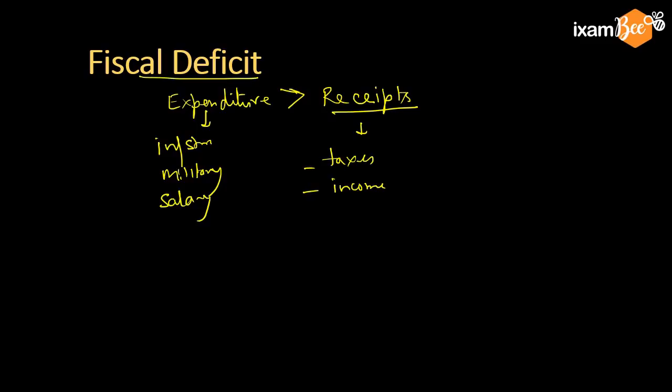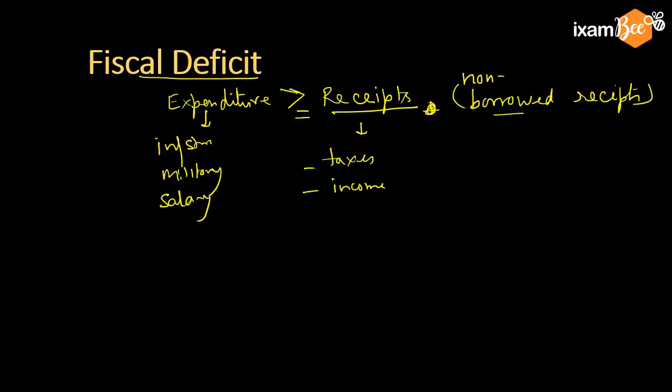But which receipts? Excluding borrowed receipts, because whatever is the deficit will be made good by borrowed receipts. So expenditure will be equal to receipts from non-borrowed items plus borrowings. So we can say expenditure over non-borrowed receipts is called fiscal deficit, and to meet that, government has to make borrowing. Government borrows from the public by issuing bonds.